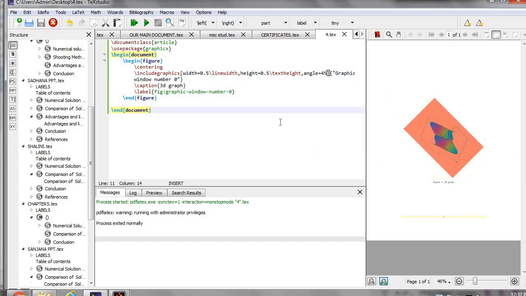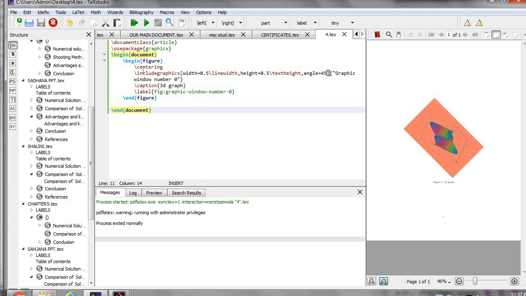So this is nothing but including of any figure. You can include any figure or any graph, but it should be saved in JPEG format only, and it should be saved in the location where your text file is saved. Now see, I have saved this text file in desktop. I have saved the image also in desktop. So both should be in the same place.